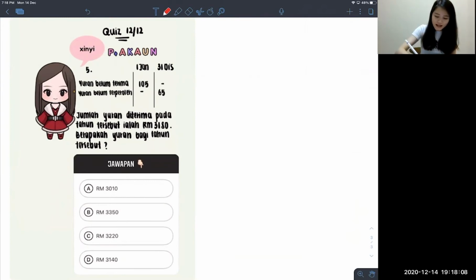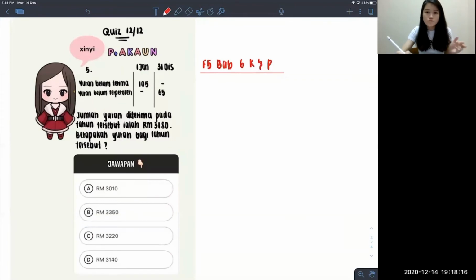So here, this is actually from Form 5, Bab 6, Kelab dan Persatuan. Okay, Kelab dan Persatuan. This is a very important part because not only will it come out in paper 1, your paper 2 might also have it under question number 1, which is a structural question. It will give you around 4 marks or 2 marks like that. Because question 1 is all 2 marks, 2 marks, 2 marks, roughly around 5 questions there to get you 10 marks in total.